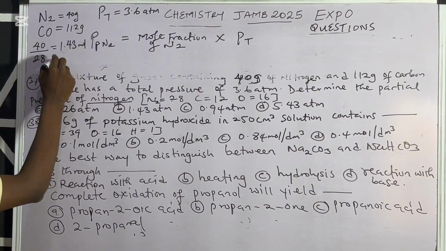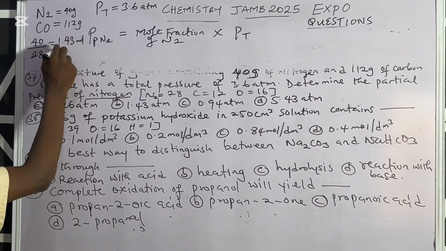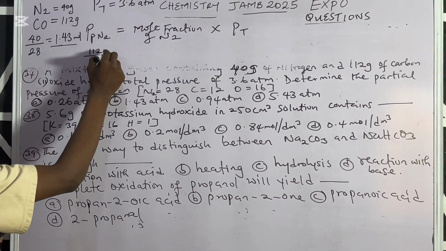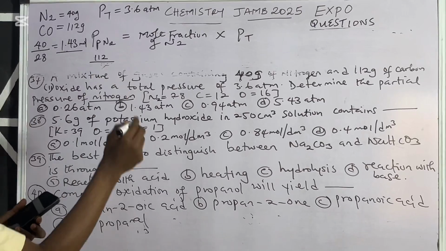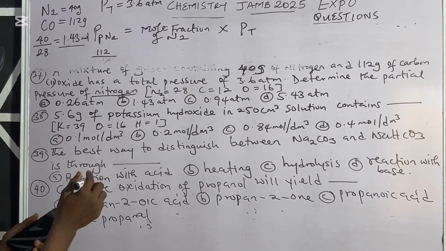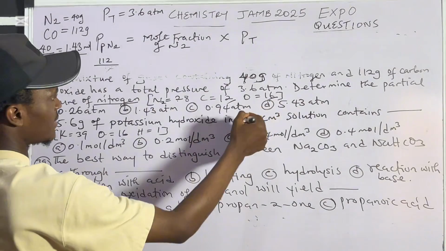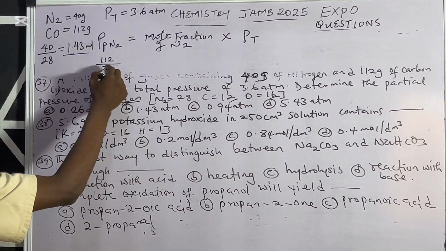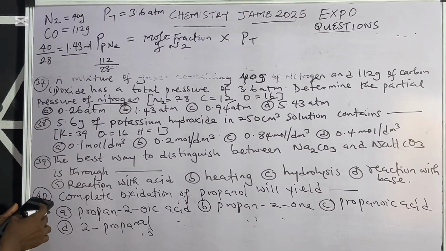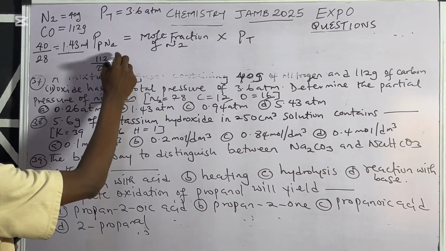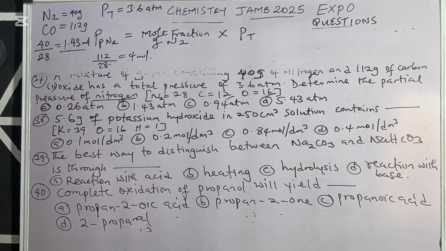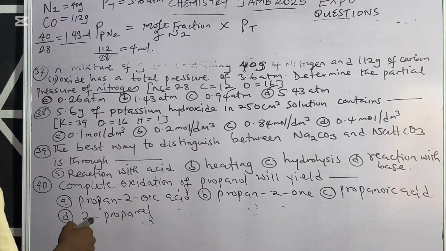All right. Then what about the CO? CO would now be 112 over, then what did we get? That's for our molar mass of that. That should become 12 plus 16, that's 28. So 112 divided by 28, that's 4. So 4 moles. So we are having 1.43 moles, and then we are having 4 moles. So we can easily get it.